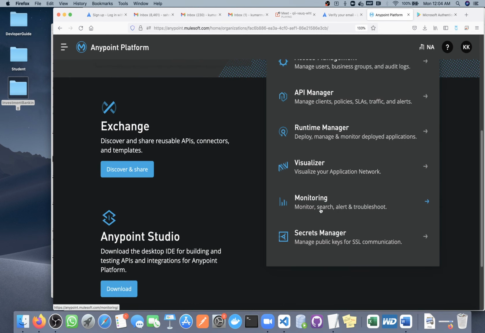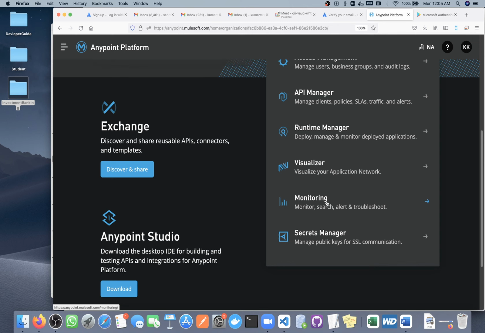Then Monitoring. Once you deploy your application, you need to monitor it, like how many requests are coming, how many threads are getting used, how much CPU is getting used, how much memory is getting used.